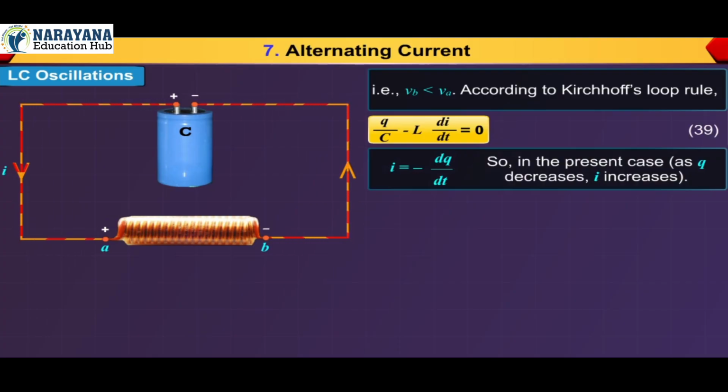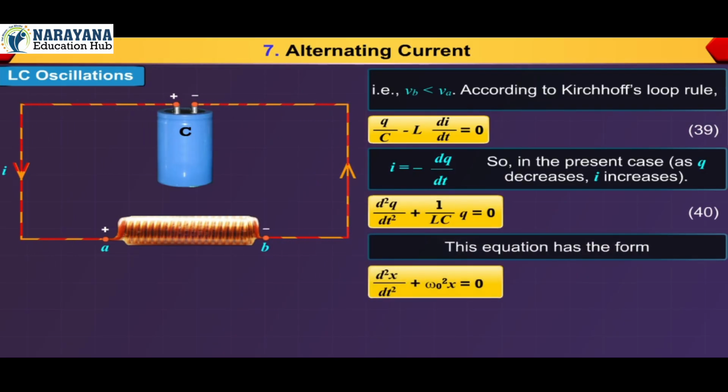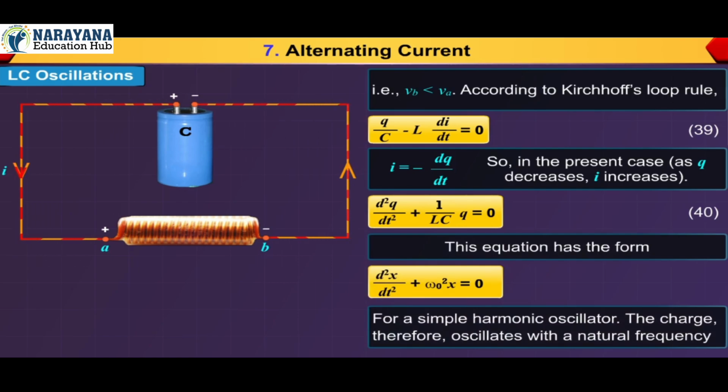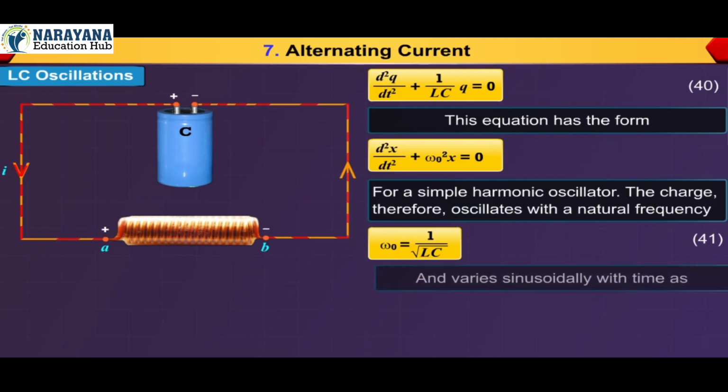So, in the present case, as Q decreases, I increases. Therefore, equation 39 becomes d²Q/dt² + (1/LC)Q = 0, equation 40. This equation has the form d²x/dt² + ω0²x = 0 for a simple harmonic oscillator. The charge therefore oscillates with a natural frequency ω0 = 1/√(LC), equation 41,